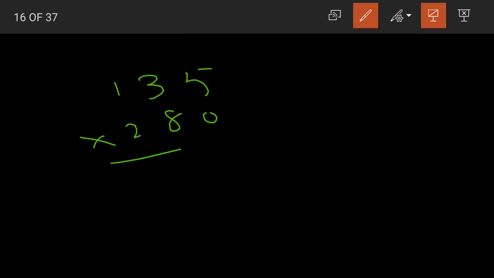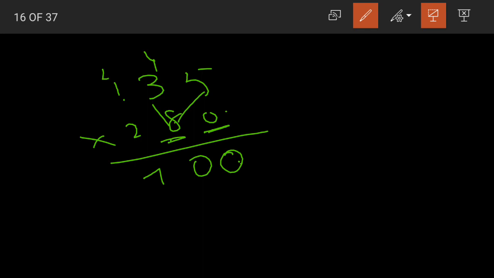Now again the first digit is 0, so I am skipping multiplying with it, multiplying with 8. But before that we need to write 1 0. 8 5s are 40, 8 3s are 24 plus 2 is 27, 8 1s are 8 plus 2 becomes 10. Sorry, what did I do here? 8 5s are 40, 8 3s are 24, 3 8s are 24 plus 4 becomes 28.